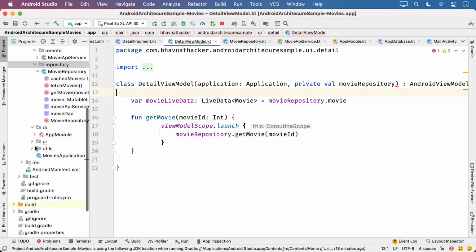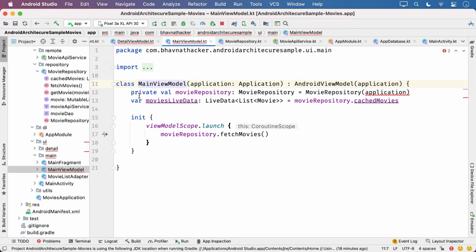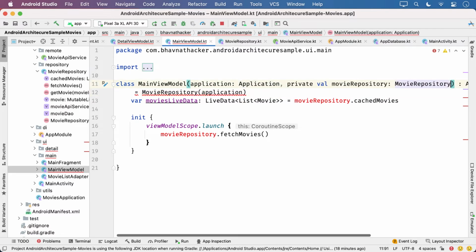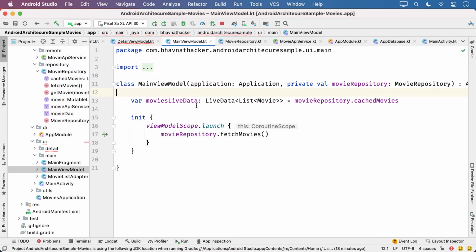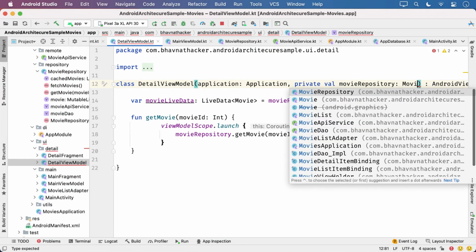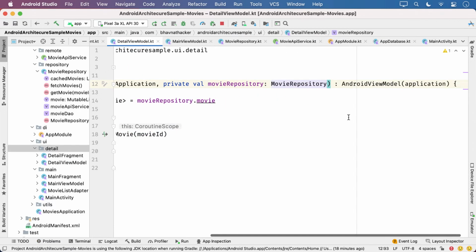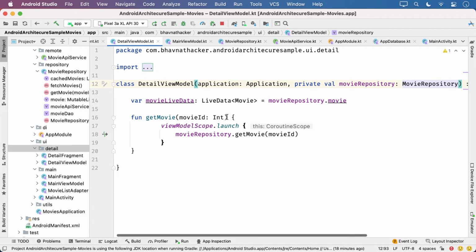I'm going to look at the error also soon. This is movie repository. So you are done injecting the repository for view model.